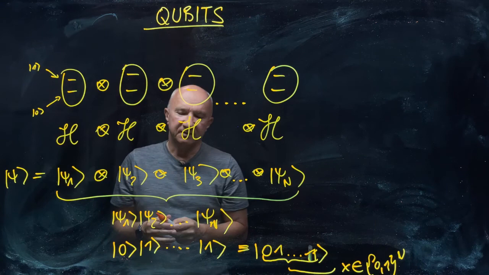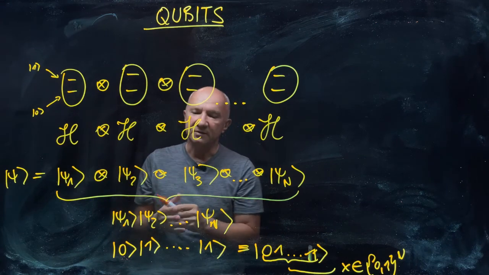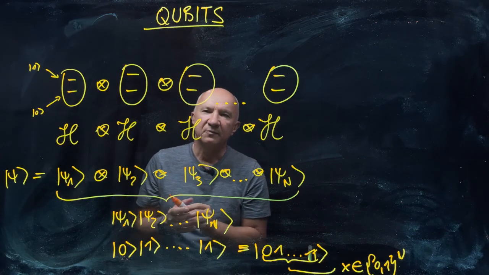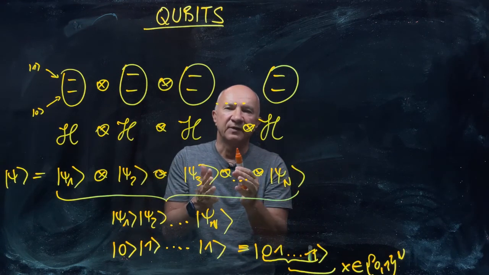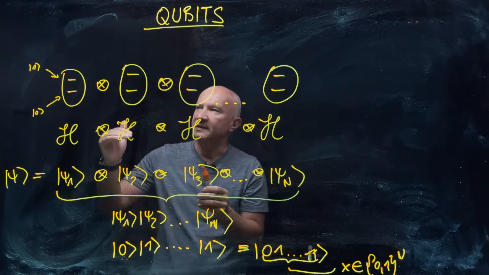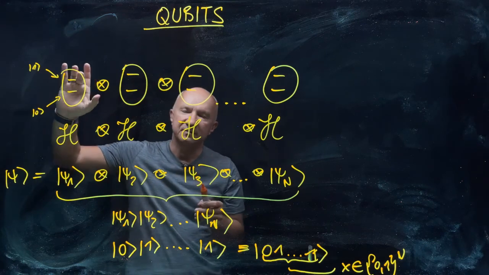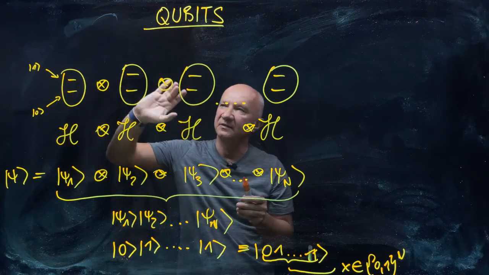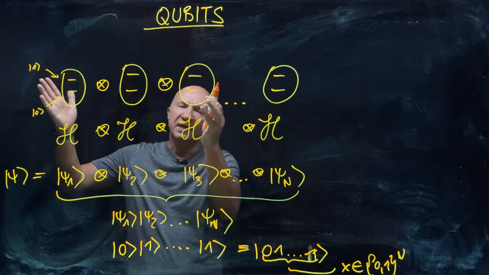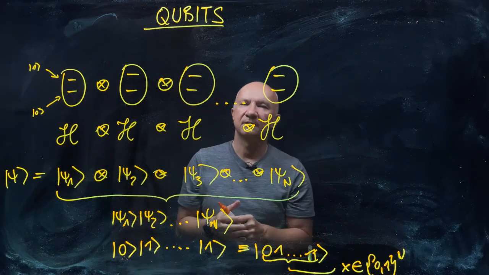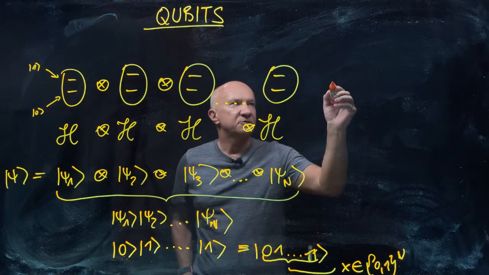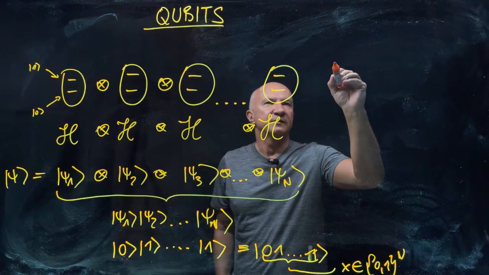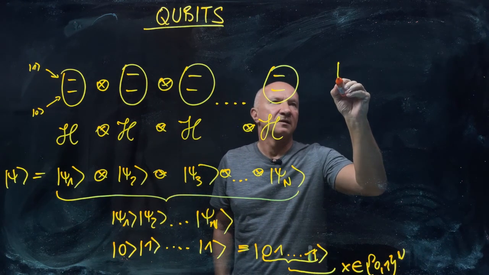And you can see that given n qubits, you can represent all possible binary strings of length n, right? So we can choose this qubit to be either in state 0 or 1, and this one in state 0 or 1. So altogether we have 2 to the n binary strings of that kind. So therefore the most general state of those n qubits, psi,